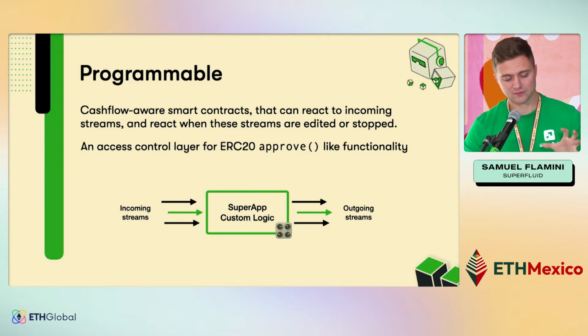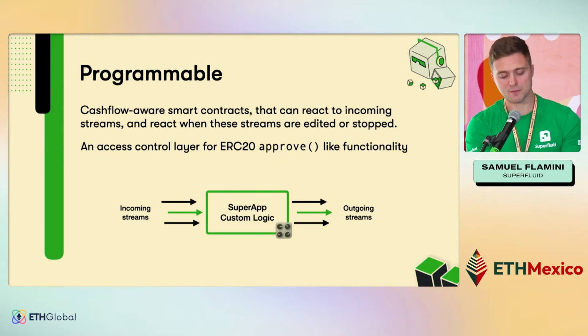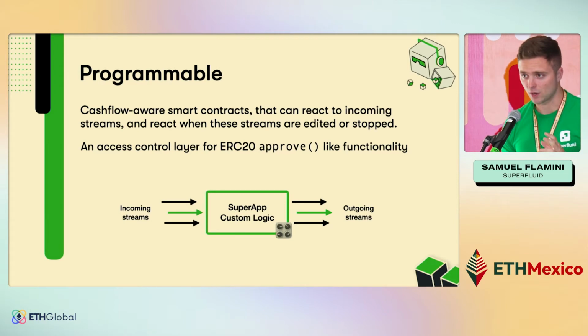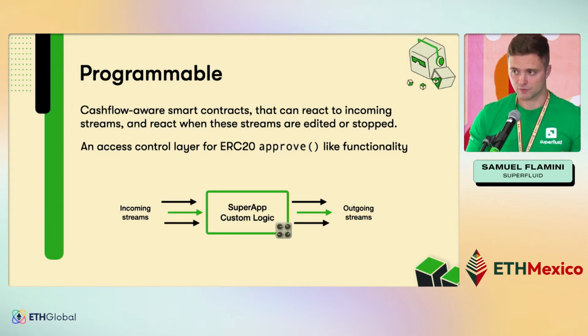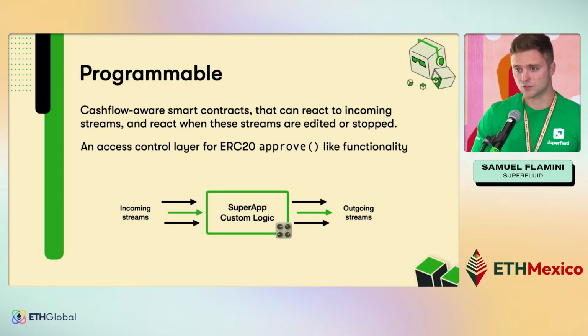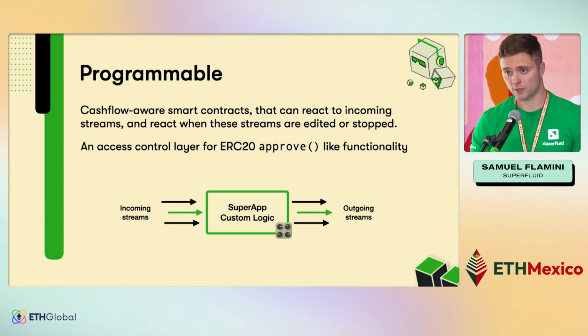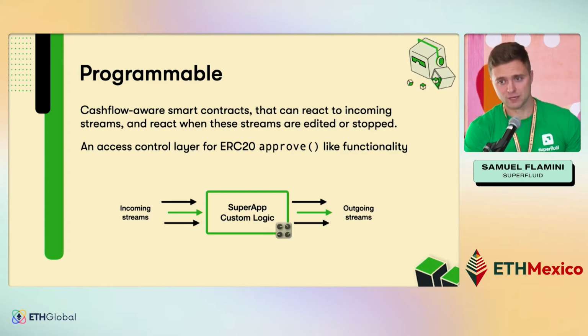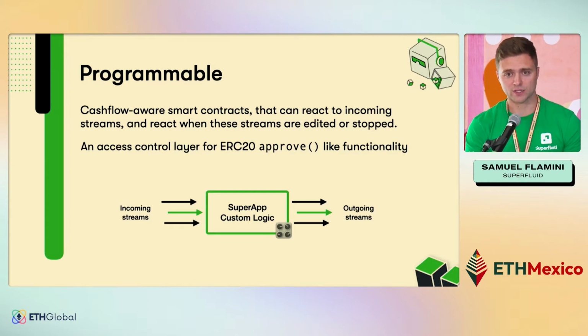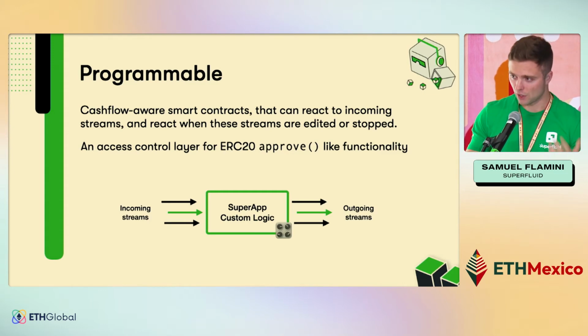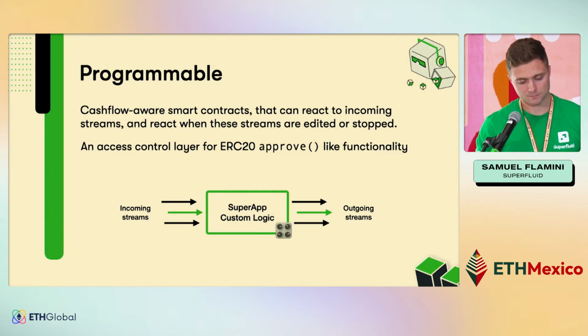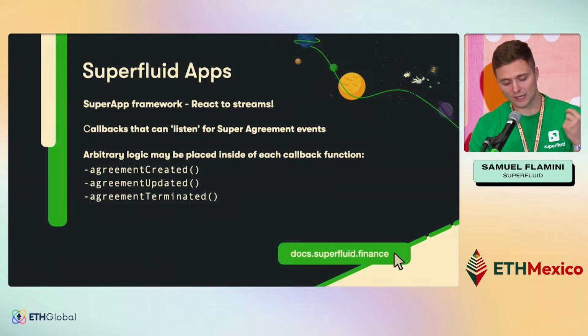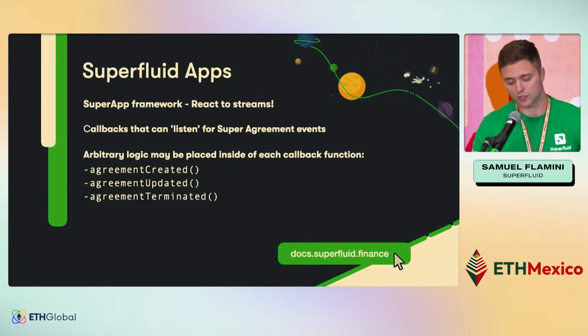And we also have these things called super apps, which you see here down in the middle, that are cash flow aware smart contracts that can react to specific events. So if I send a stream into a contract, it can react and then do something for me, right? One example we'll go through later on, when we actually get into some code, will be one that can take in a stream, and the second that it starts receiving those tokens, can redirect those tokens to whoever the owner of that contract is. So these Superfluid apps are, again, very important in terms of painting the picture of the potential of what Superfluid can offer, right?